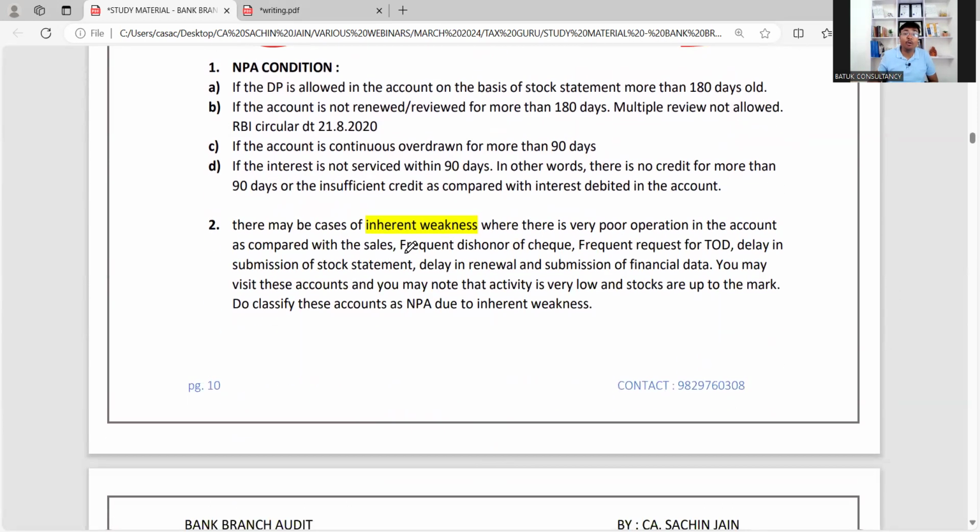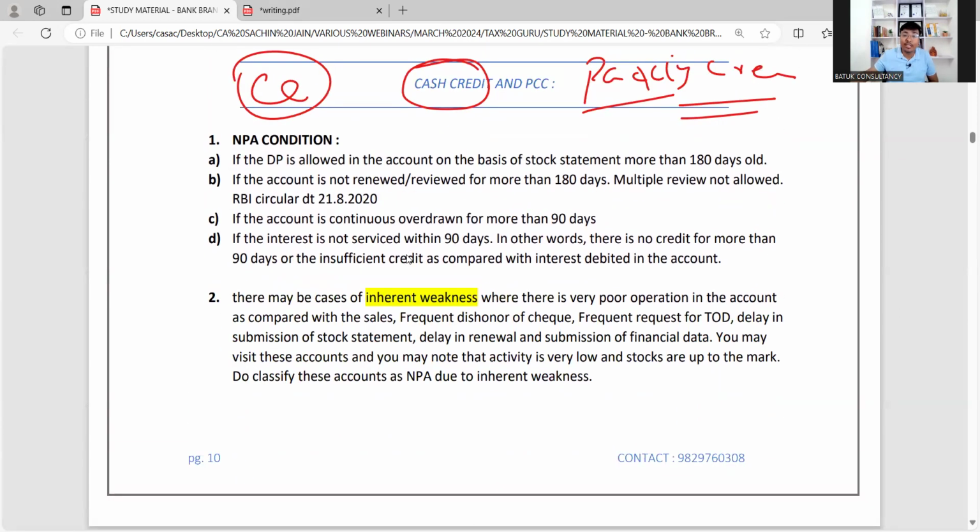If the DP is allowed in the account on the basis of a stock statement more than 180 days old, in that case the account should be classified as NPA, because as we all know, if the borrower does not submit the stock statement for more than 180 days, the account should be classified as NPA. So we just need to take the list of CC accounts and check the stock statement file on a random basis, and if we do not find the stock statement file, in that case the account should be classified